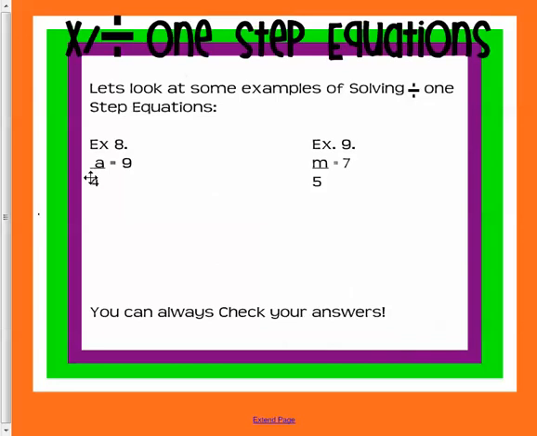Okay, so what if we have a division problem to start? Well, what's the inverse of division? It's multiplication. So we multiply by 4 on both sides to get rid of this division of 4, and we're left with A. And 9 times 4